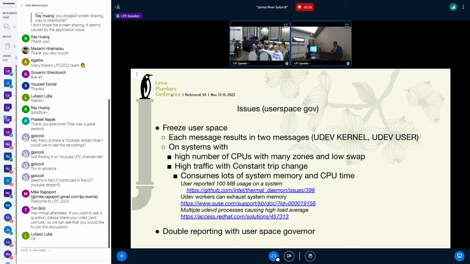Now with the introduction of thermal netlink also, you get 2 events for every event. One goes to the UWP, another to anybody who's subscribing to netlink. In our case, we subscribe to both of them, so we get 2 events for every one event. And UWP has another mechanism on top of it. It generates 2 events: one for the kernel, one for anybody subscribing to UWP. So we're still talking about 3 events per event in user space.